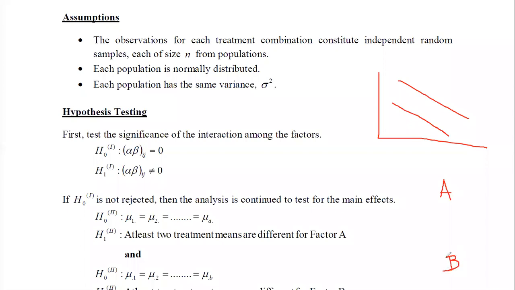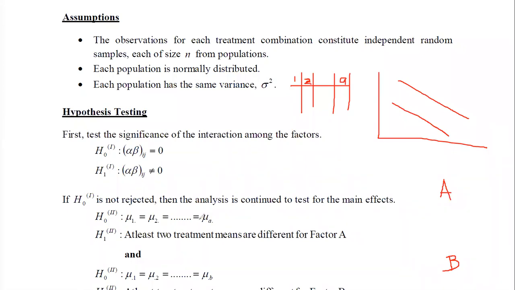When we test for the main effect of A, it is a simple thing that we have discussed previously, quite like the CRD method, just having one factor with factor levels of A. Here you may have the first level of factor A, the second level, likewise the eighth level of factor A. What we are testing is whether the means of all these factor levels are the same or not.